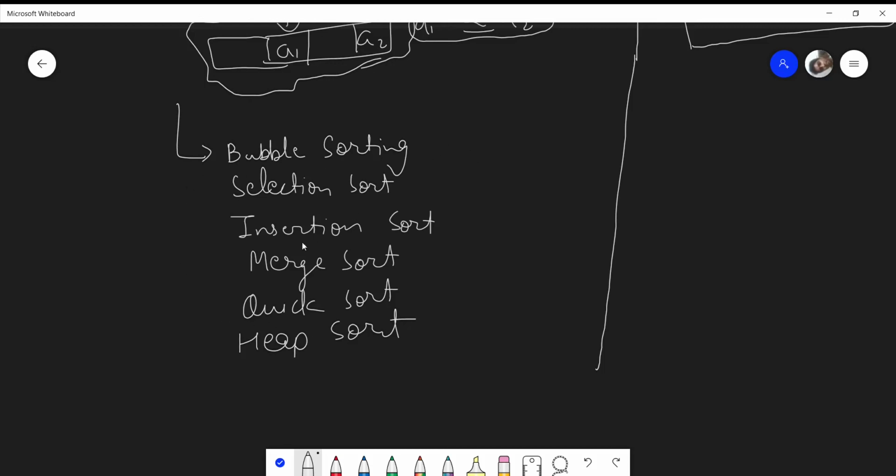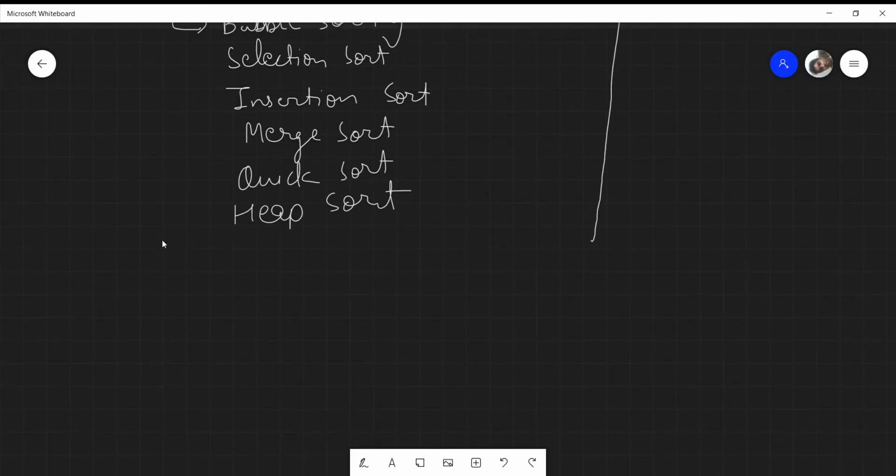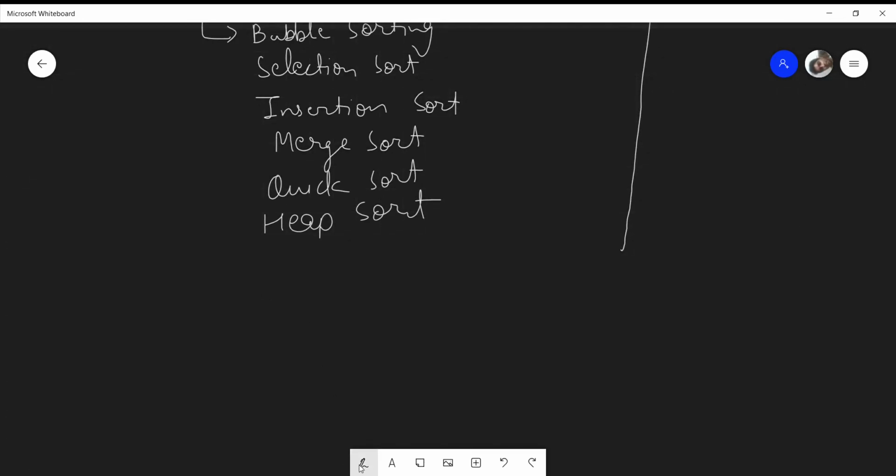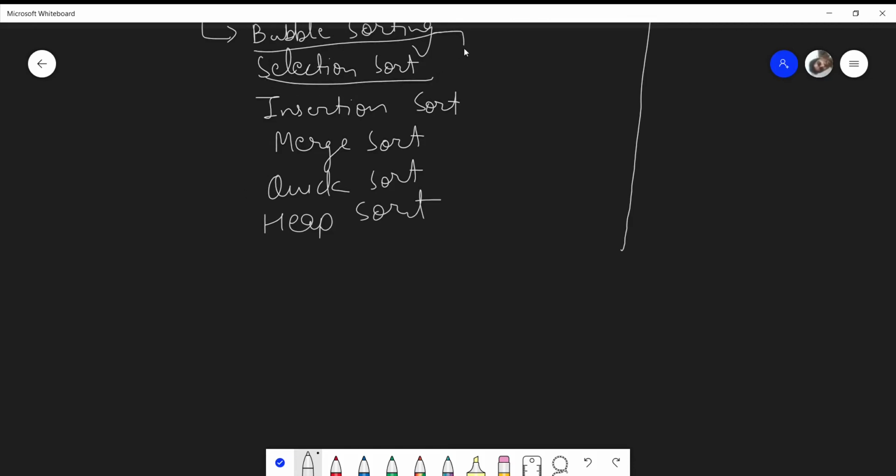If we look at these comparison based sortings where we don't put any restriction on our input elements, bubble sort and selection sort are generally of not much importance to us. In the industry and in professional settings, they generally don't use these two sorting algorithms.